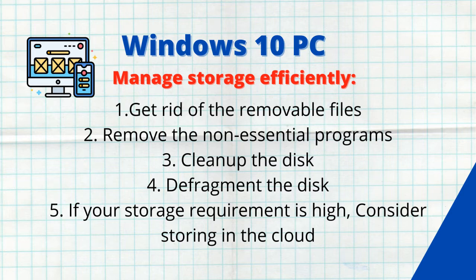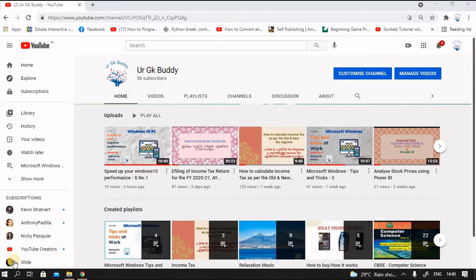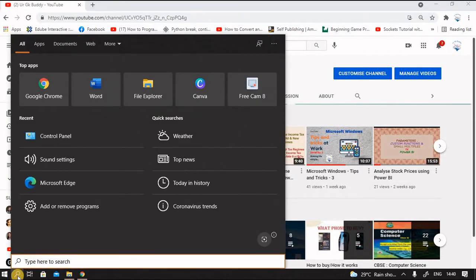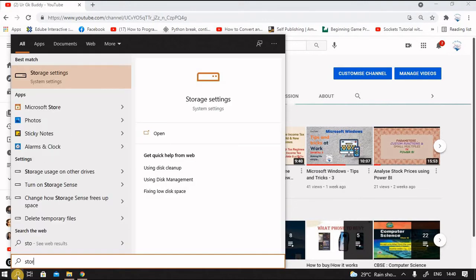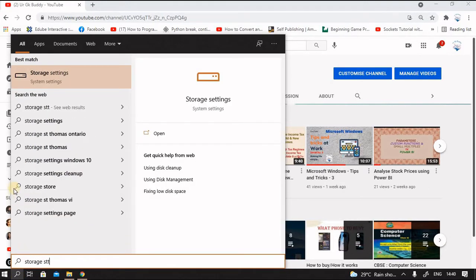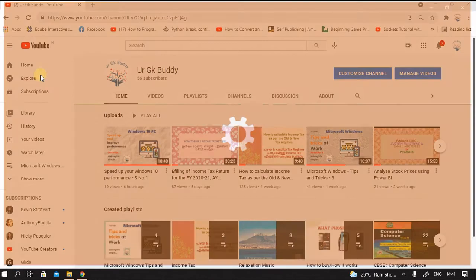Windows 10 provides excellent tools to help you manage the storage efficiently. Let us see what are the tools available. Let's open the storage settings by typing storage settings in the search window and taking the storage settings option.